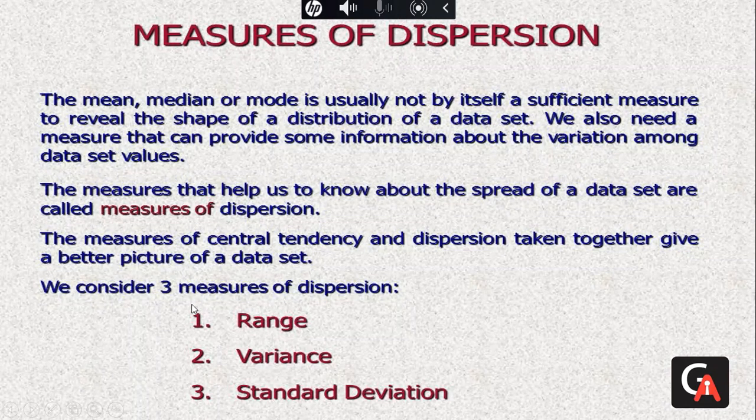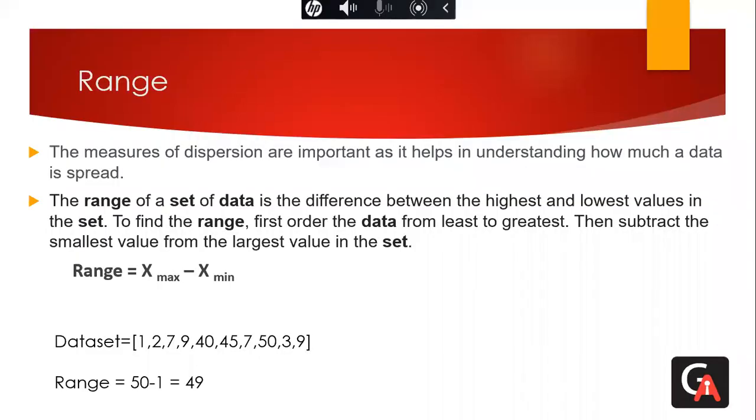These three are going to give us how data is distributed in the data set, because mean, median, mode can't describe how data is distributed in a correct way. So let's talk about the range. Range is nothing, guys. It's the maximum number from the data set minus the minimum number.